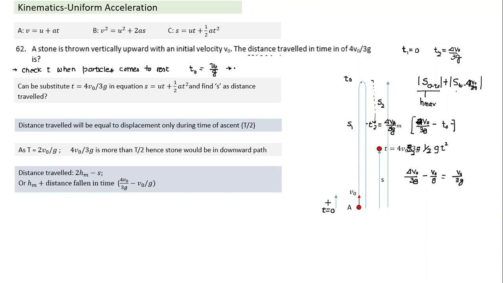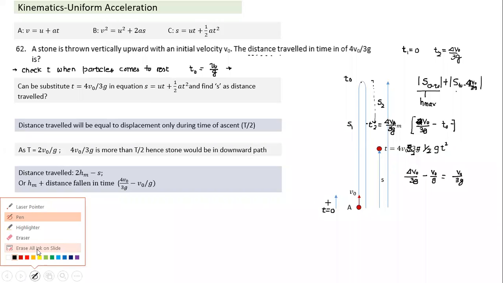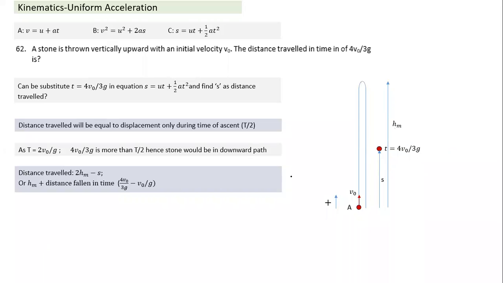So the other method, as we discussed, what is the second method of calculation? We can calculate displacement. That's one way. I hope all of you understood. I can erase it off, and then I can do the other method also. So you can just see the different logics we can apply.